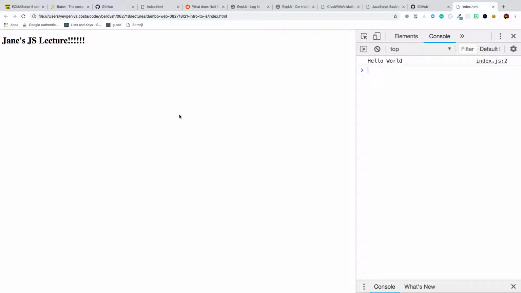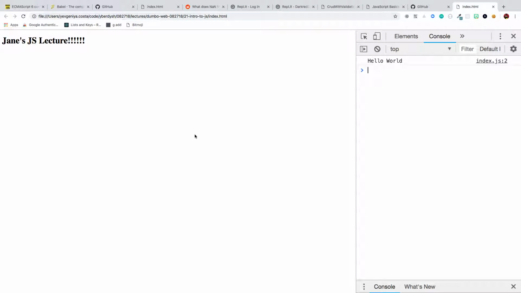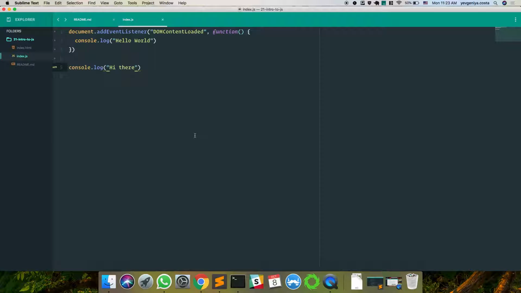If we put a console log outside of that event listener, will it land before the hello world? Yeah, like on line 4. Will it land before or after? Does anyone have any guesses? Gavin? After. Let's find out. So just to reiterate before we reload the page, let's look at the code for a second. We're adding an event listener and saying, once the DOM content loads, run this function. In addition to adding an event listener, a separate thing is we're logging hi there.